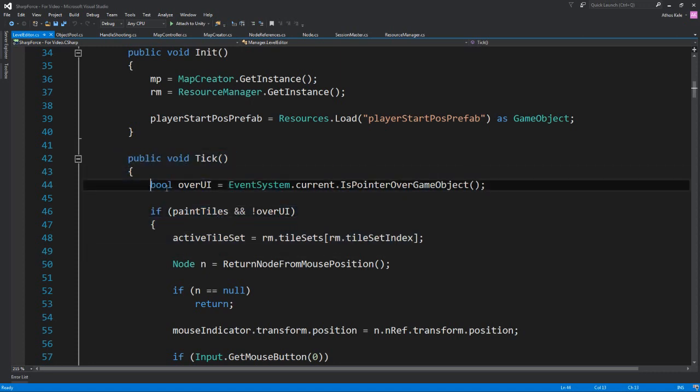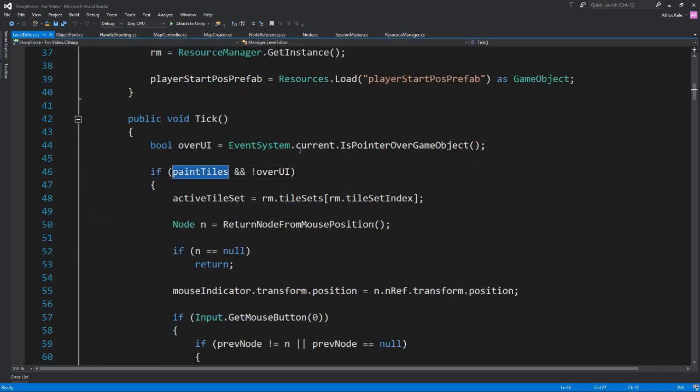On update, if we are over a UI element, we basically do not want to do anything. So how do we check if we are over a UI element? We're going to check if the event system's current event is pointer over a game object. Okay, so if we want to paint tiles, if it's enabled and not over a UI,